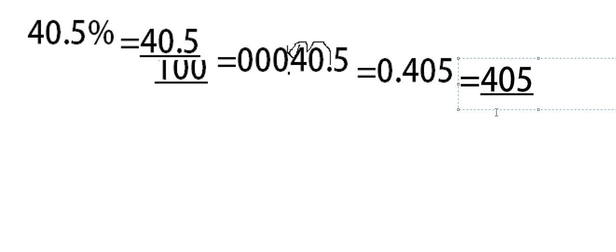And then write 1. After writing 1, you just have to count the number of digits that you have after the decimal portion. So after the decimal portion, I can see there are 3 digits. 4, 0, 5. 1, 2, 3. 3 digits are there after the decimal. So I will write 3 zeros.